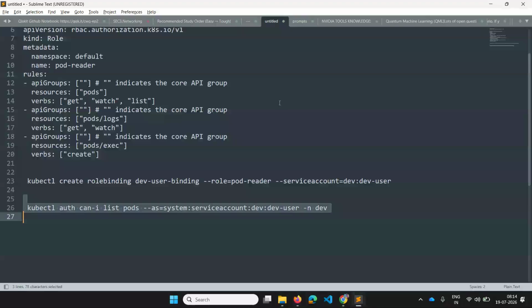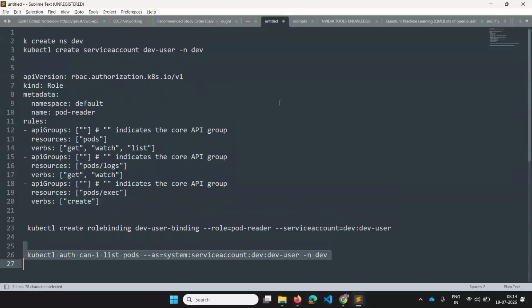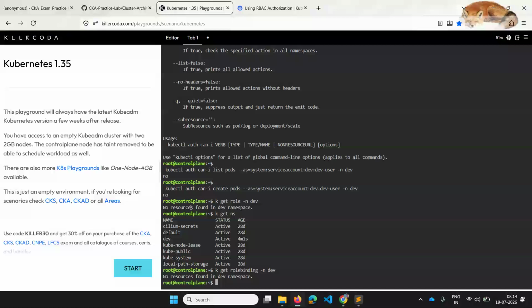So we have created the role and role binding in the default namespace actually.